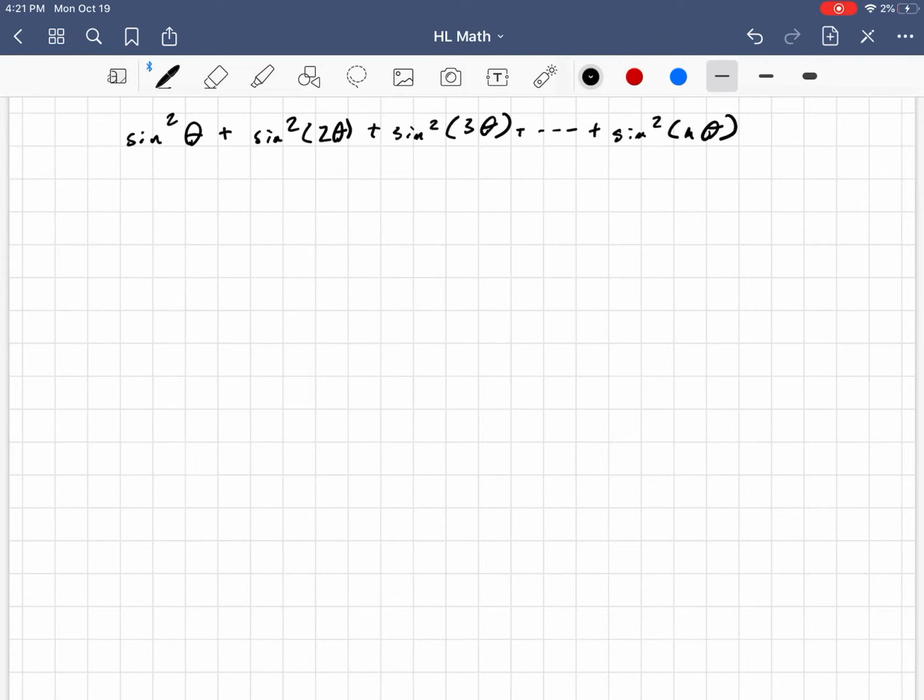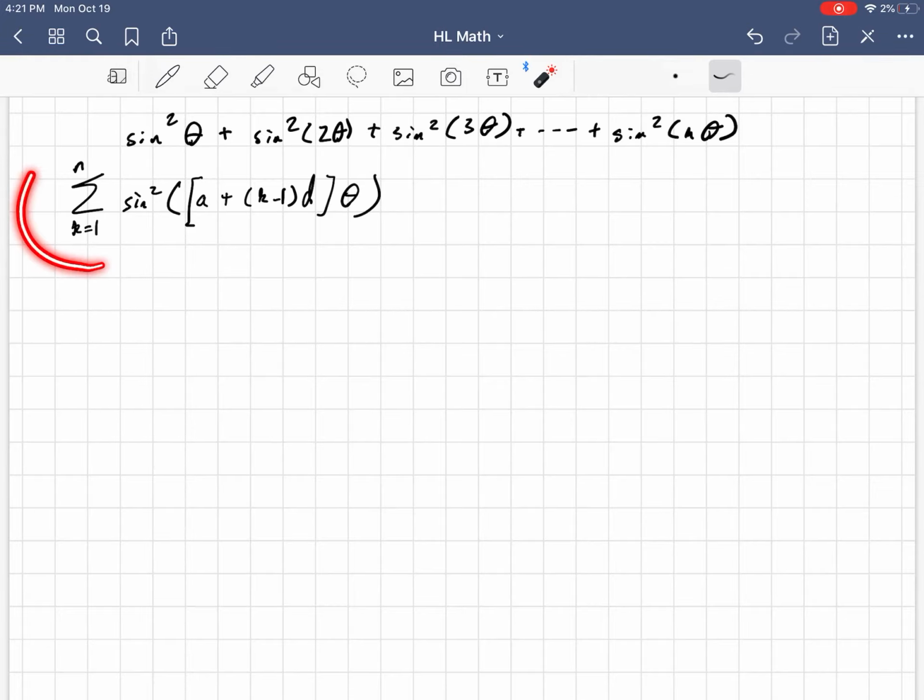The most general case would be something along the lines of you would have a sum, say from k equals 1 to n, of sine squared of a, the first term, plus k minus 1 d, where d is that common difference, theta. And that would be the most general type of problem. But we'll see, though, that I'm not going to attack this because we're going to deal with our fair share of generality in the video. So,